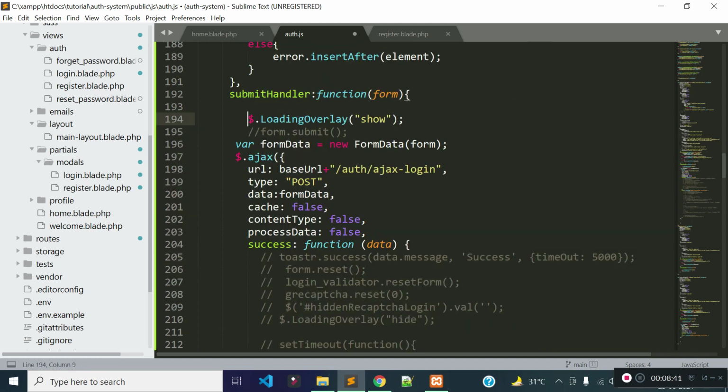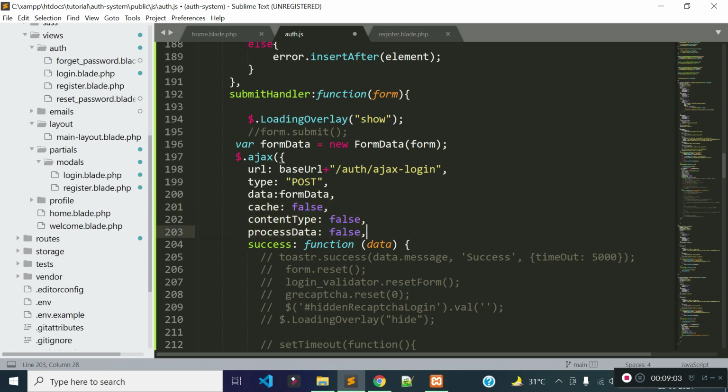And see, I'm getting all the form field values with the help of FormData, and I'm storing the values to a variable called formData, right? And then we are calling Ajax, okay, $.ajax, and we need to pass URL, type and data, and these other fields are not necessary.